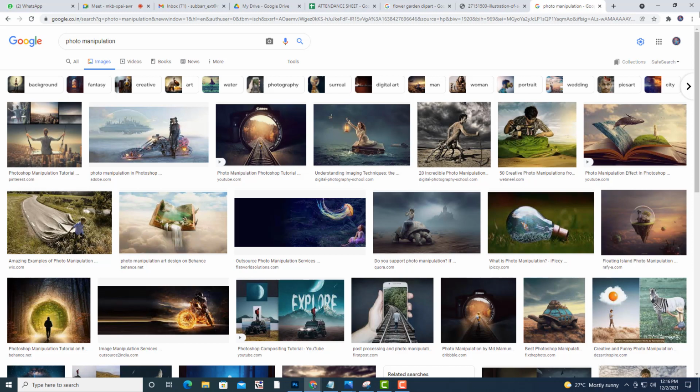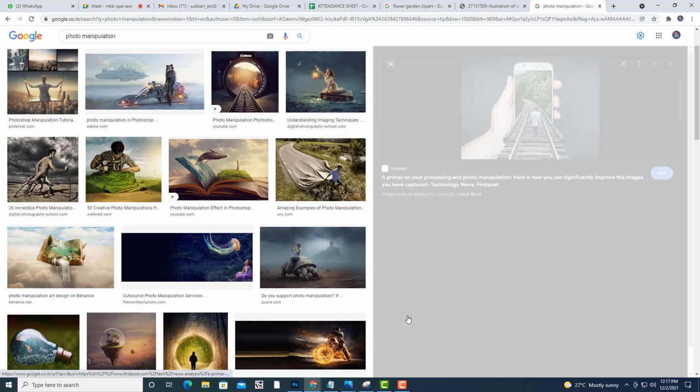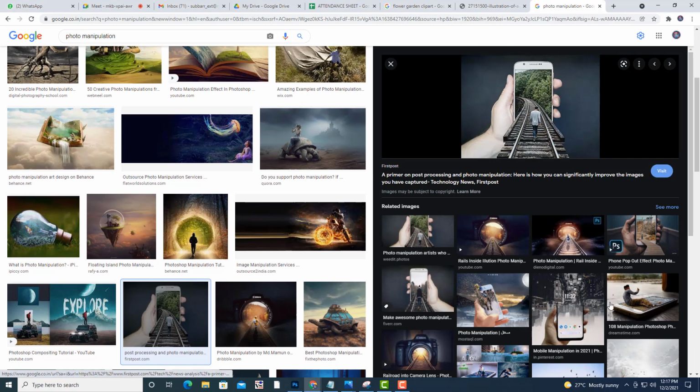Photo manipulation is something that is not real. We can imagine anything, like an elephant flying or some world inside a bottle, or somebody walking on our hand. All these things are imagination, which is not real. So you can see so many photo manipulation examples here.